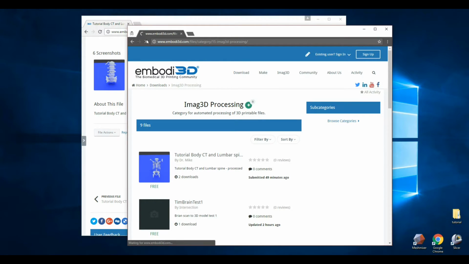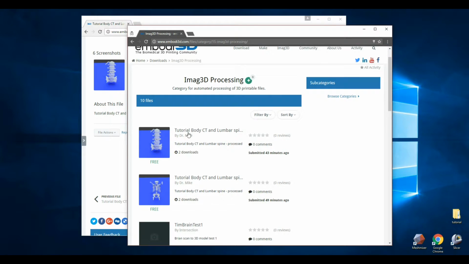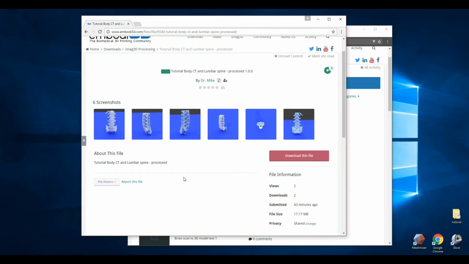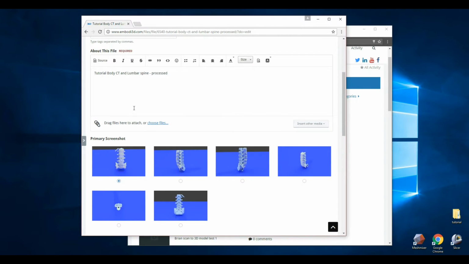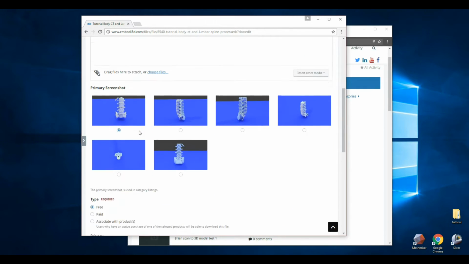And refresh. There it is. Okay, so now my lumbar spine is publicly visible. Now if I want to change some of the other more detailed visibility items, I can go to File Actions, Edit Details, and I can change the description, change the title, but